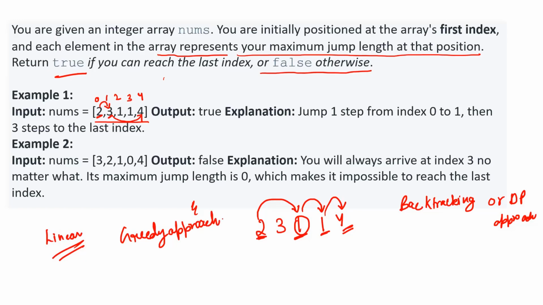So let's understand how our greedy approach is going to work. Let me take a new slide and there we'll discuss that part. First of all, let's understand the approach with the help of this example. This will be the 0th index, first index, second index, third index, fourth index. Now what we are going to do is manage 2 variables here. Reach, that will keep track of the maximum reach, the possible reach that we can achieve. Let's initialize the maximum reach with 0.